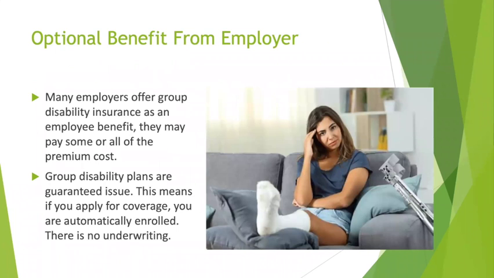So when you look at this benefit, the employer may offer a group disability insurance as a benefit, and they might pay some or even all of the cost, or they may offer it to you and you pay a little bit of the cost and they pay a bigger share. If the employer is offering this, then when you become an employee, this coverage can be an automatic enrollment. They take all comers at that point. So if the company is offering it, it's part of the insurance package and everybody can opt in.